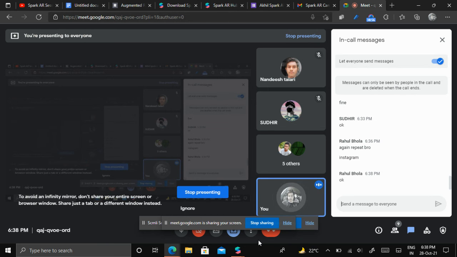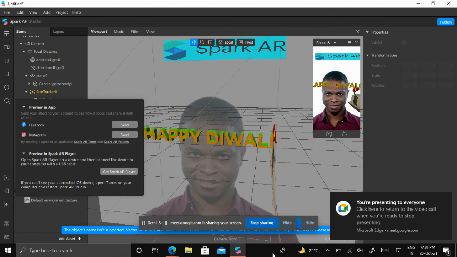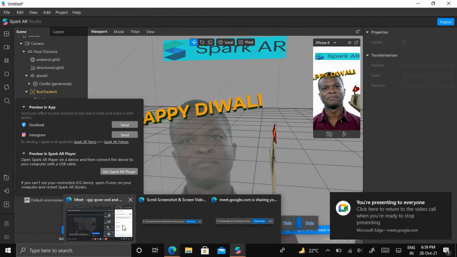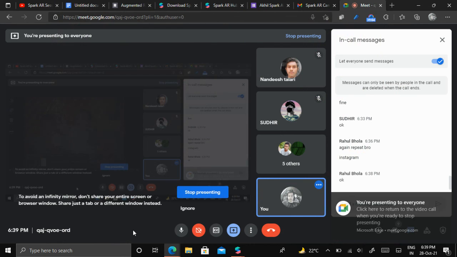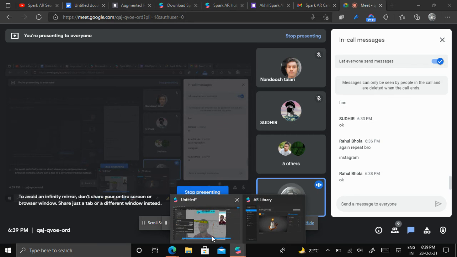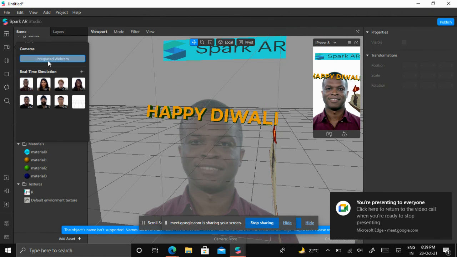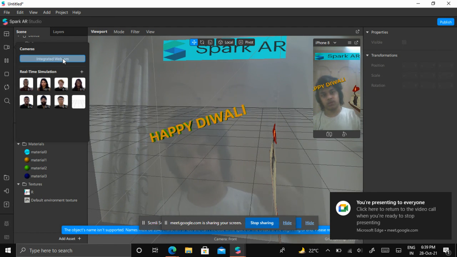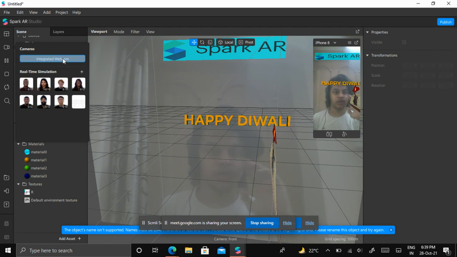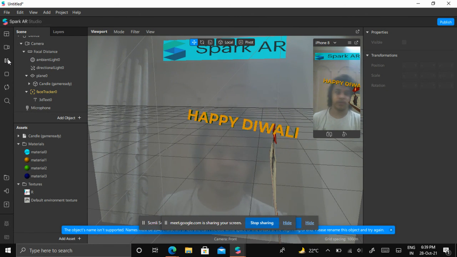Have you got all these points right? Like face tracking, the material, adding colors to the material, adding different materials. Any doubt till now, you can ask. You can also do something this way. You can add this one, Happy Diwali. You can use your face and also pose your face, like you can pose your face and move your head. Happy Diwali.